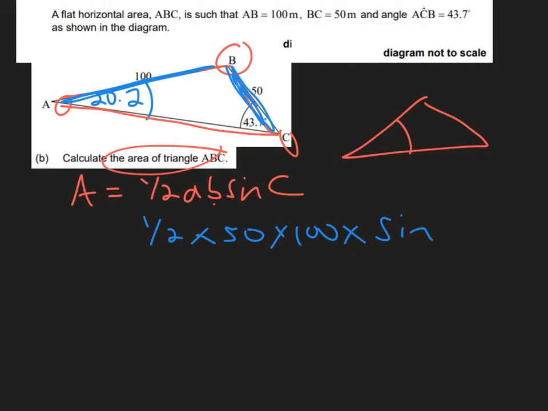At the moment, we don't have that angle, but we can work it out by doing 180 minus 43.7 minus 20.2, and we end up with 116.1. So the angle in between the two lengths is what we want, so sine 116.1. If we work that out, we get